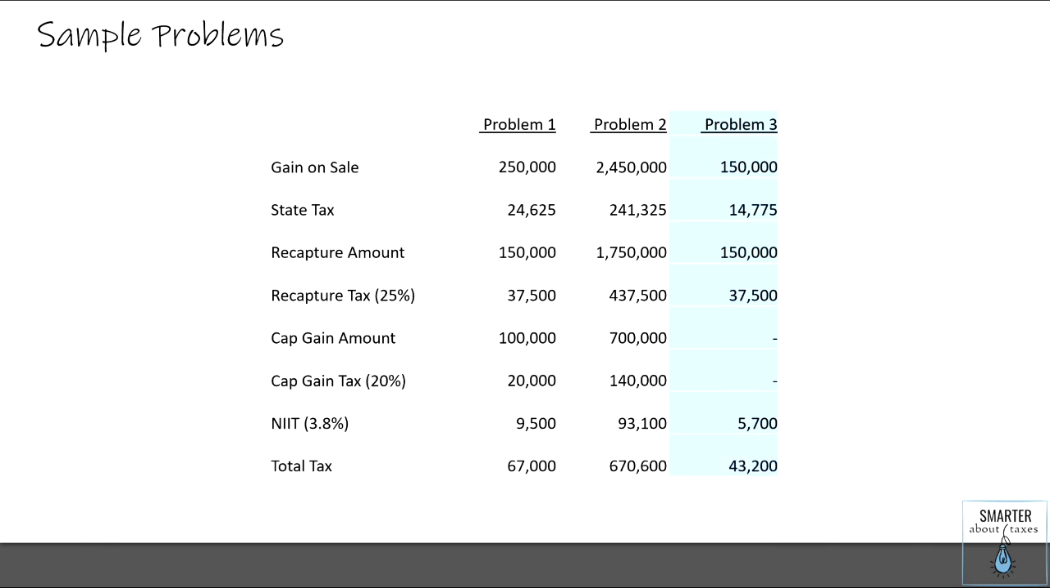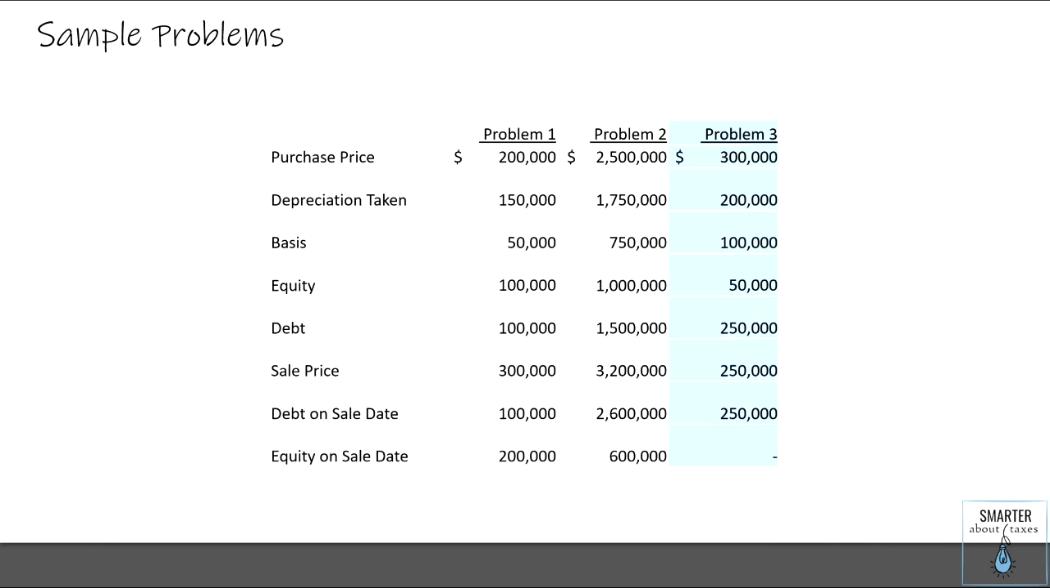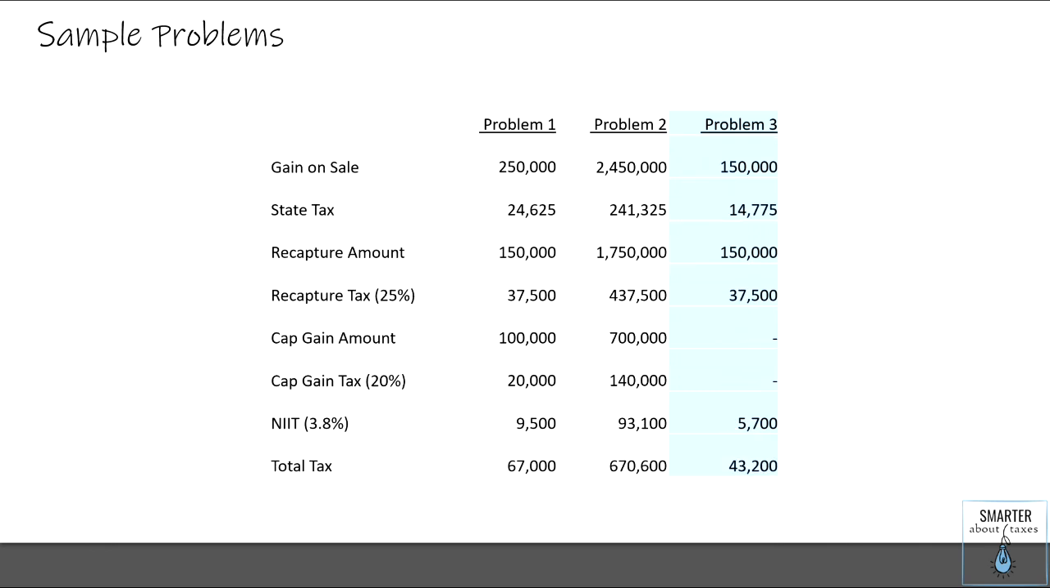Okay, so here's the problem: we have a gain on sale because our basis is only 100, and that gave us a gain of 150 because we had a deemed sale price of 250. So calculate state taxes, calculate recapture tax because all of that was due to depreciation, and potentially paying the net investment income tax here. It's a deemed sale. Our total tax,